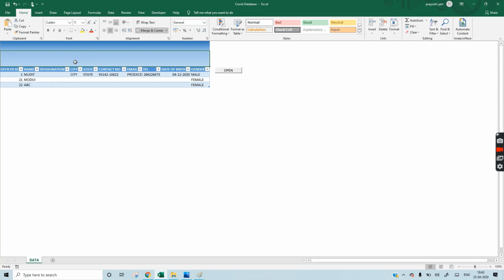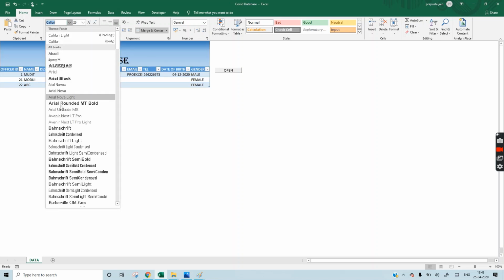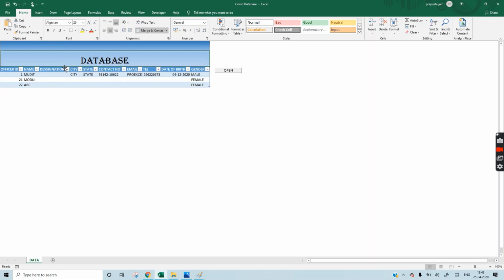Now you can write database, increase the size to 26. I think 26 will be enough. Okay, it's looking nice now.